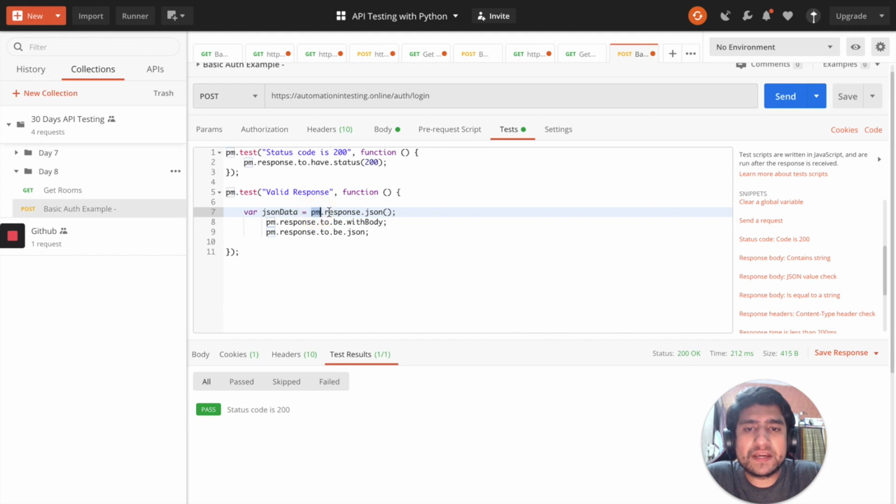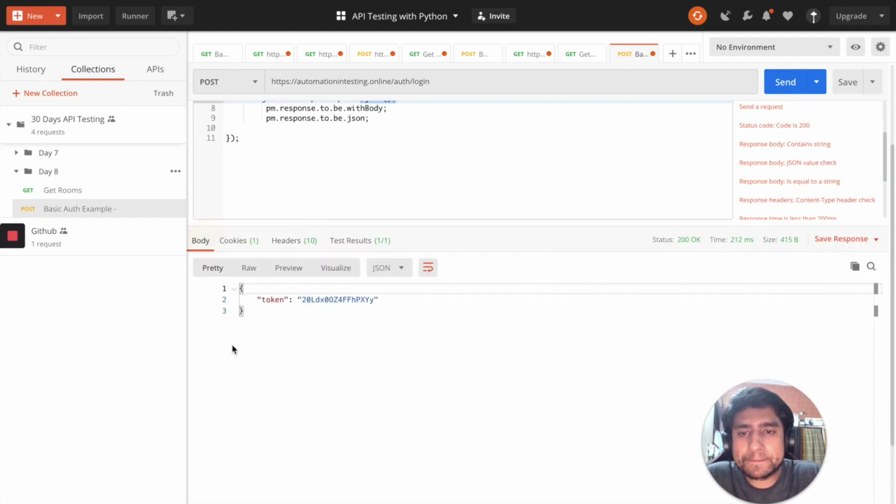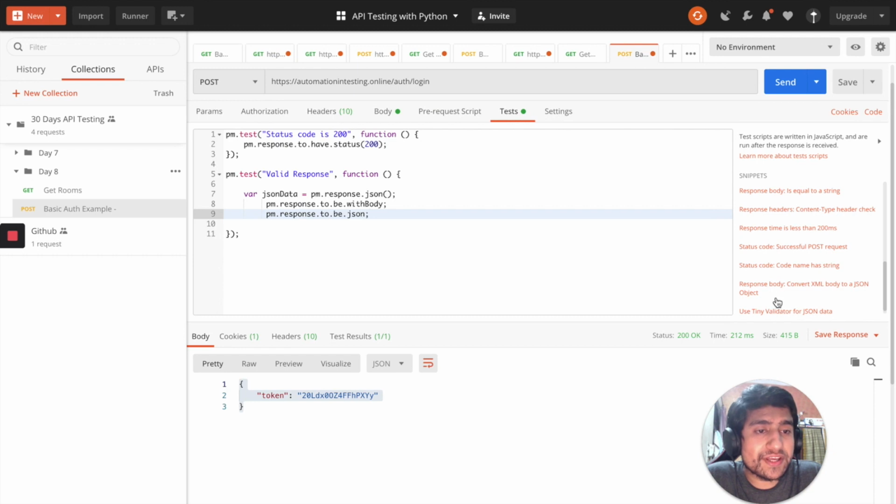If you do pm.response.json, it will respond back with this body. Now you can verify these. If you're asking how do you know this function exists, you can click on Learn more and you will have lots of functions already available. You can learn here, and a few of the snippets are already given here.